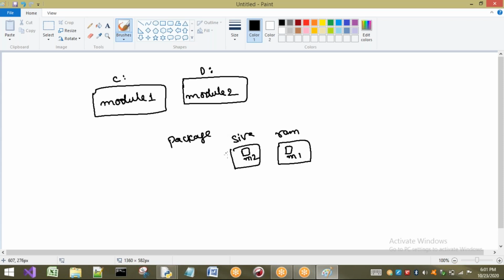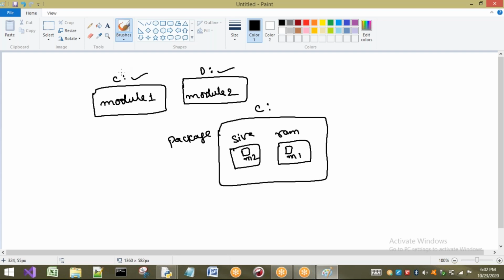Now here I am talking about different drives. In the earlier example, both packages were present in the same drive, for example the C drive, so it was possible. I showed that with Shiva and Ram in the previous session.